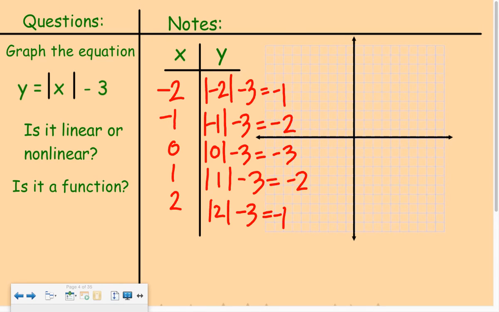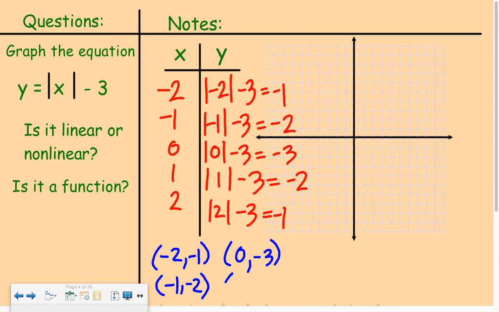So this time our 5 ordered pairs are -2, -1, -1, -2, 0, -3, 1, -2, and 2, -1. So if I graph those 5 ordered pairs,